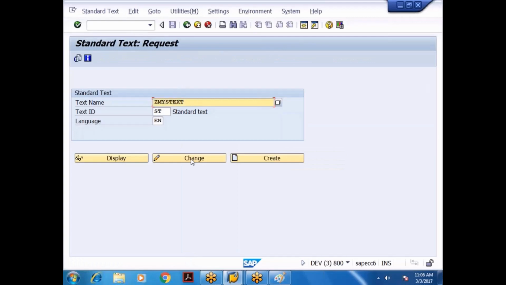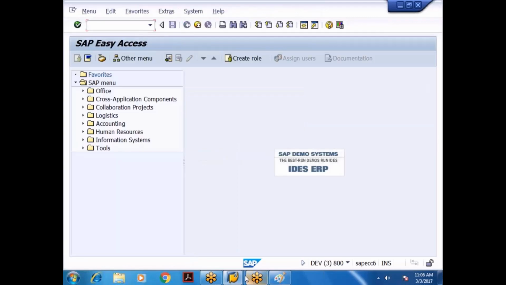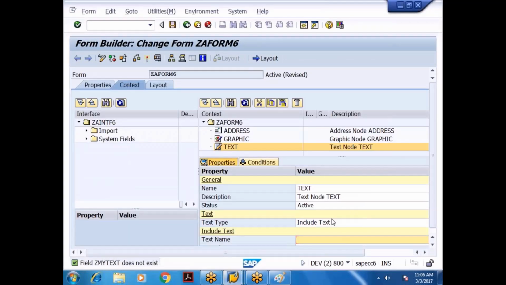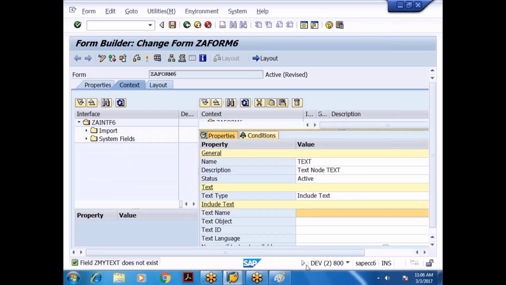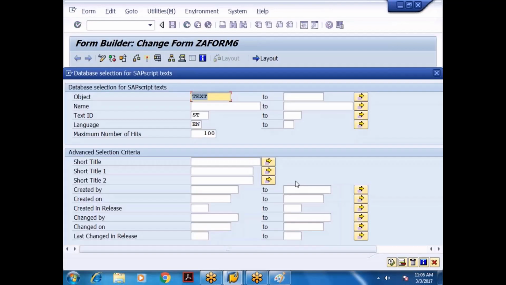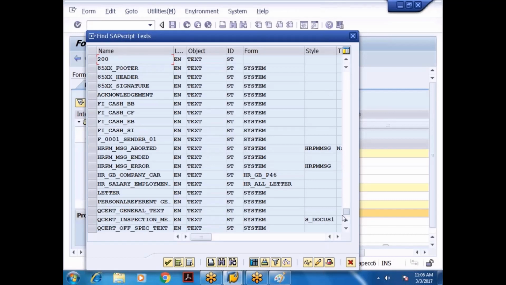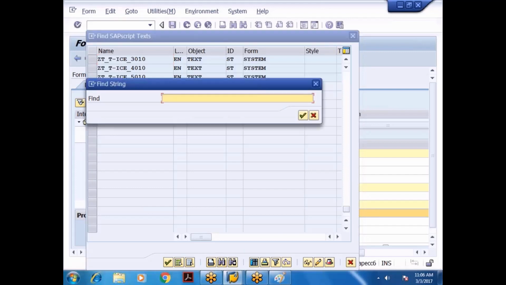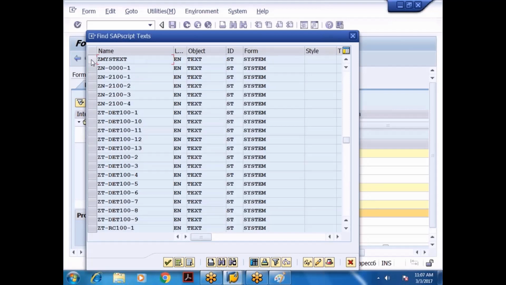Z my S text. This only, na? But why is it not taken? Include text. Okay, let me browse here. It's there.